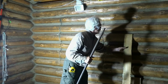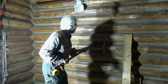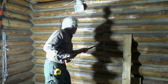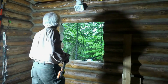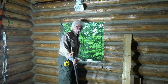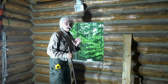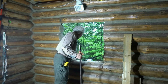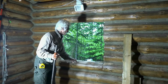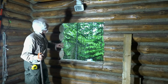Now, there's nothing holding them but my chinking. And I think we figured out that the chinking's pretty good when it takes a chisel. Whoa! Should have thought about that a little more. I didn't hit anything, but I just missed my paint cans. My fault. All right, so now all I have to do is cut this out to here and cut the